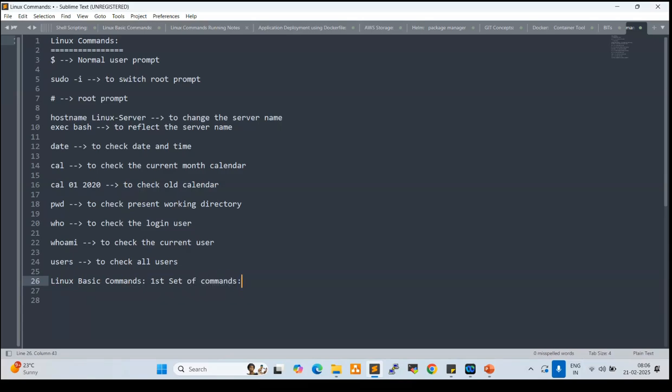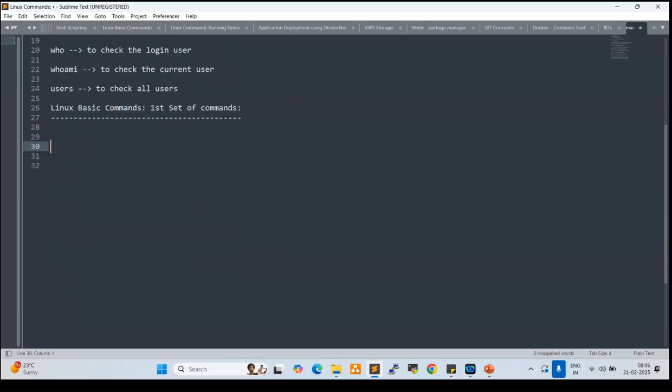These commands are very important. Practically, we can execute and work on these commands from here. Okay. So Linux basic commands, first set of commands, which are creating, copying, moving, and removing files and directories.